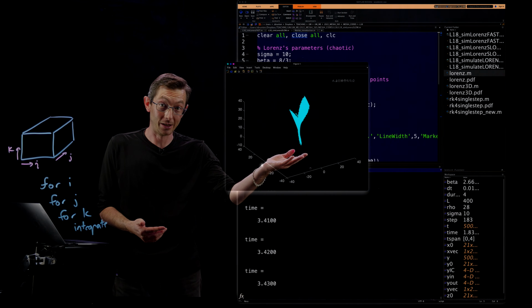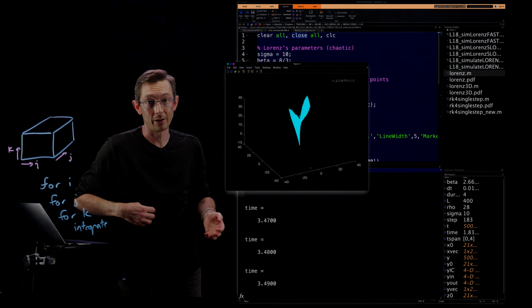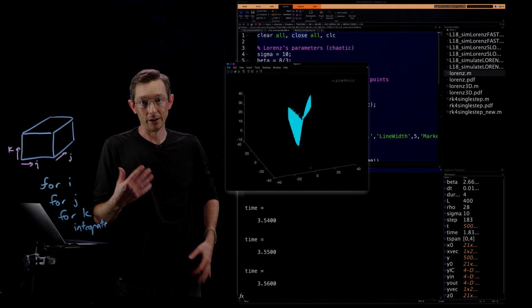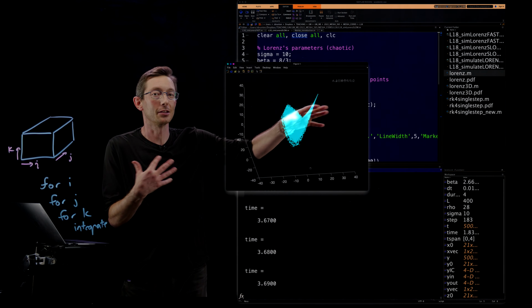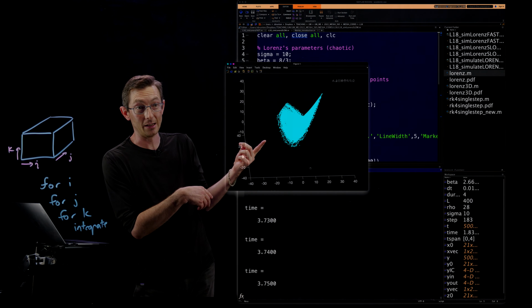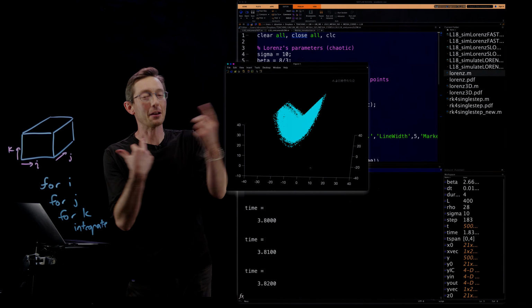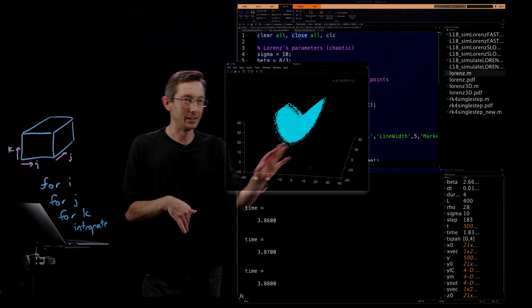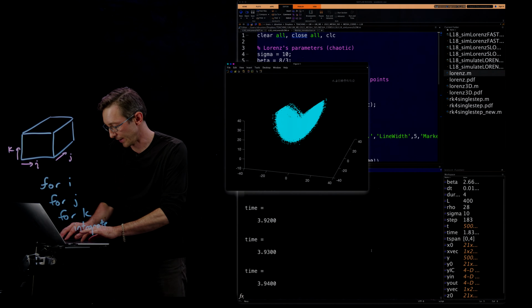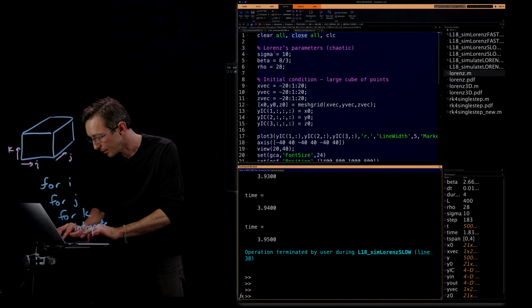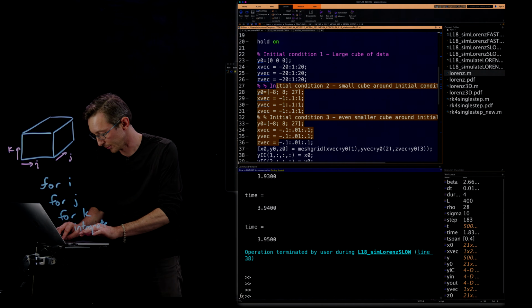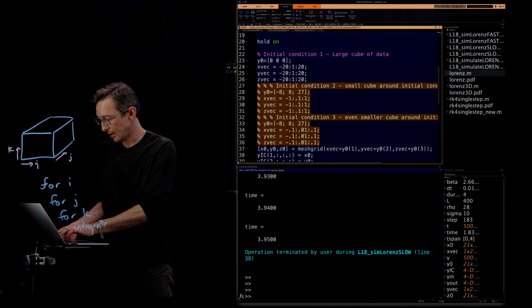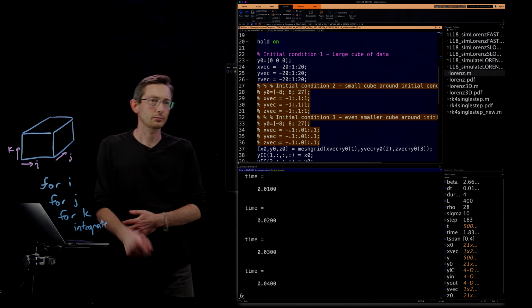I wrote this code 10 years ago to show my undergrad class, in an intro scientific computing class, and it ground to a halt even slower 10 years ago. So this is actually, for me, relatively fast compared to how slow it was when I wrote this code 10 years ago, but it's still slower than the vectorized version. And just to remind you, this version here, I'm just going to comment these guys out, so we're comparing apples to apples. My vectorized version